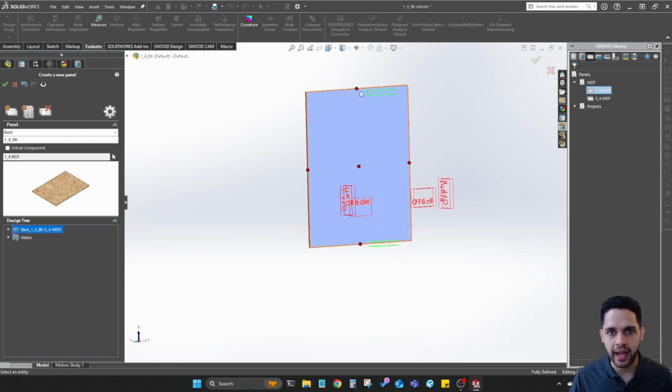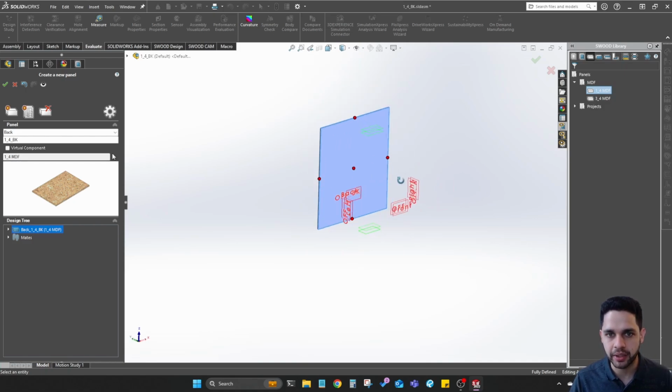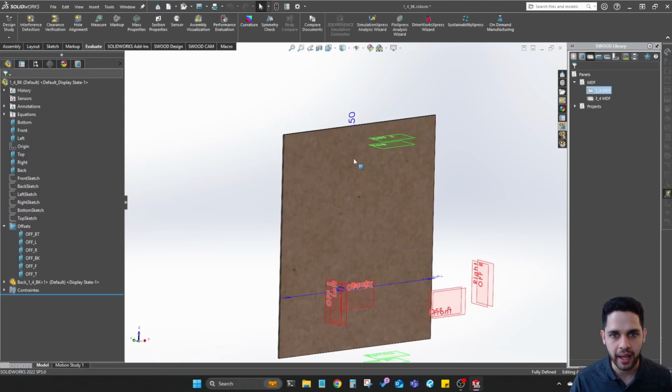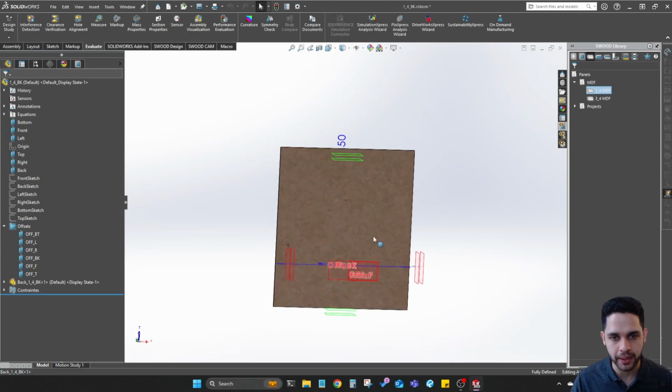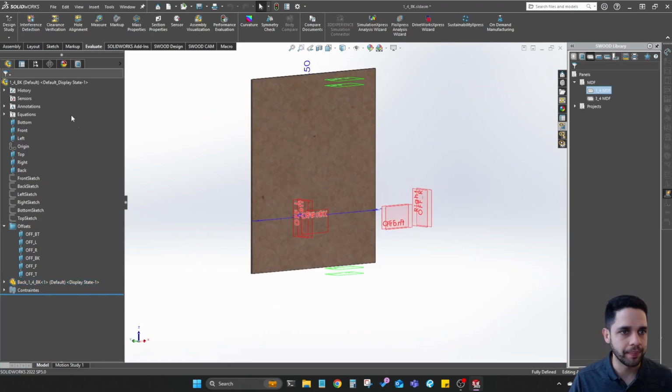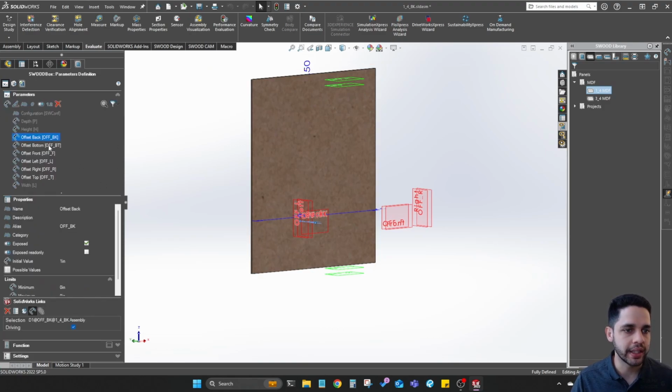So as you can see, I have all dots here. I can go ahead, accept that these are the mating relationships that I want by hitting the green checkbox, and my panel is dropped into place. Great, so that's step one. So as you can see here, I have these offset values,